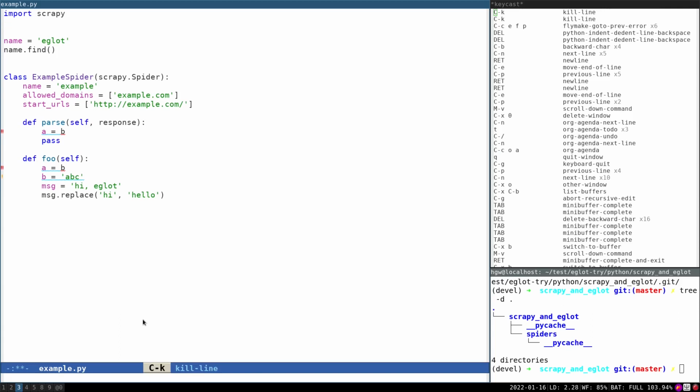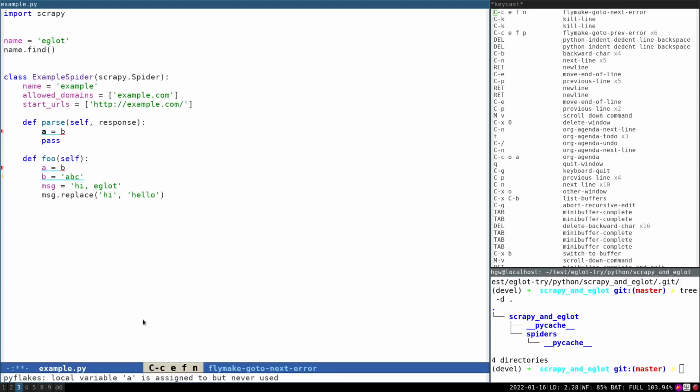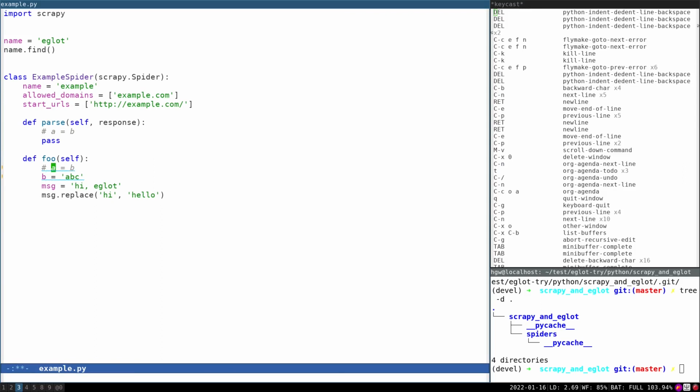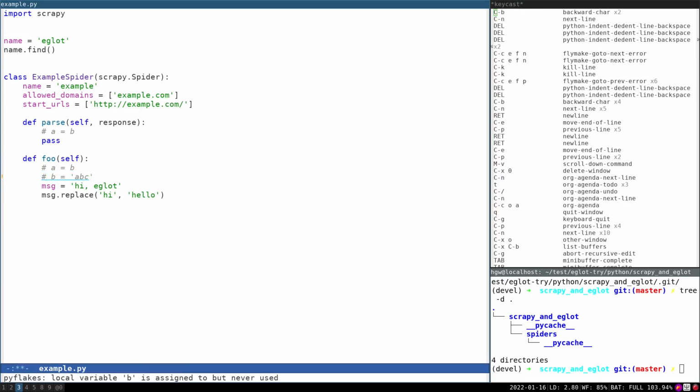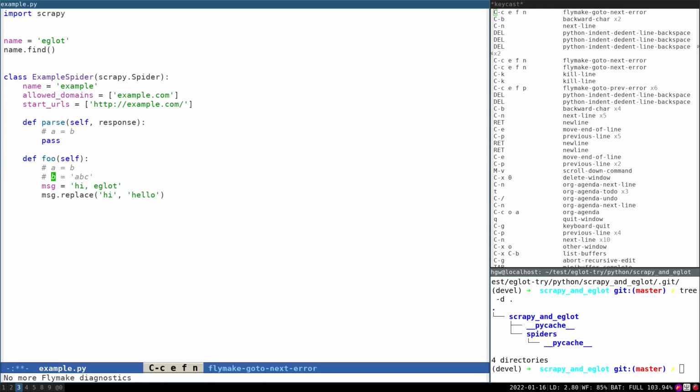Then move on to the next error. Fixing the issue is a piece of cake. Following the diagnostics, make sure that they are all eliminated.